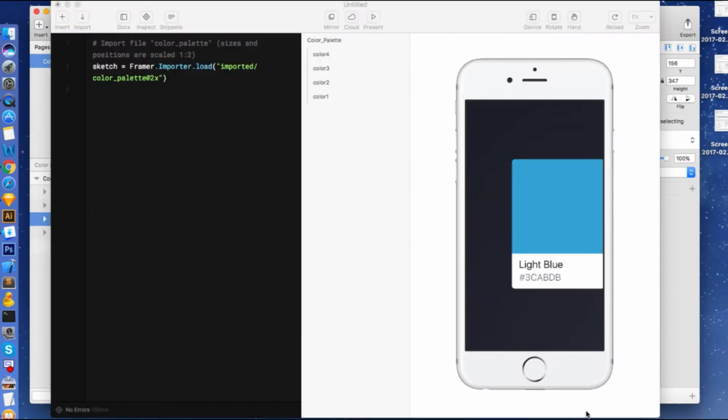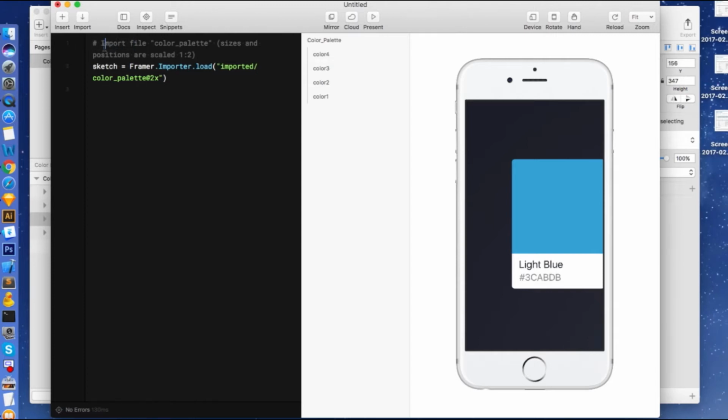The way it works is that it will just simply put the layers in its original position relative to 0. So if you have 0 in your sketch file, it's going to be 0, so the top left corner in the sketch, in the Framer prototype. You'll see that over here on the left is where Framer automatically creates a command for you. The way we can read this is Sketch is an object we created, a layer we created, and it's